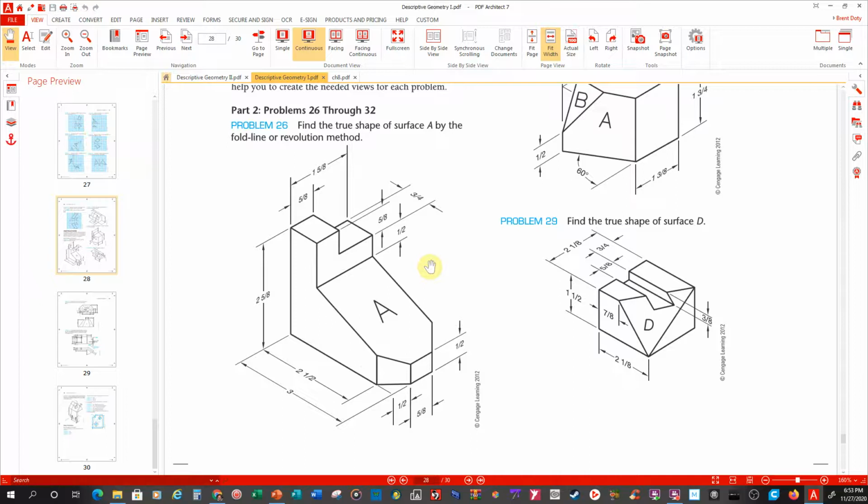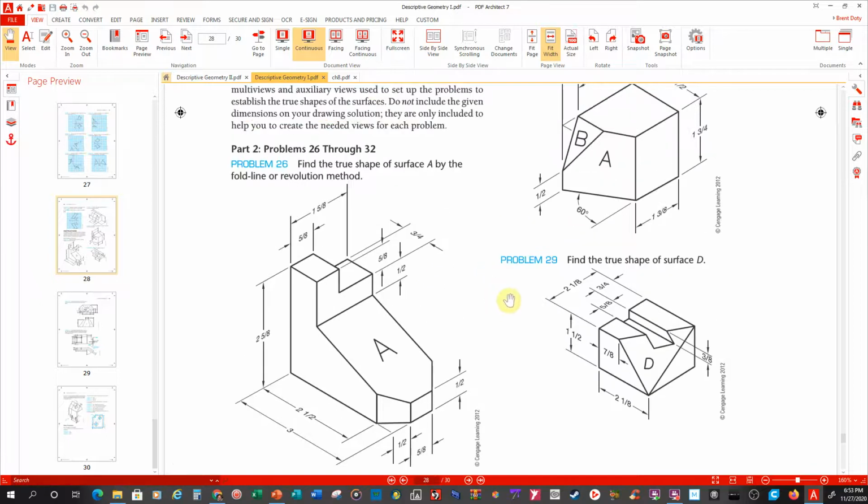And that's really what we're trying to do. We're just trying to be able to find the exact dimensions for something so that we can make it. If you don't have those dimensions, how are you going to make it? So, there's, like I said, all kinds of different uses for descriptive geometry,